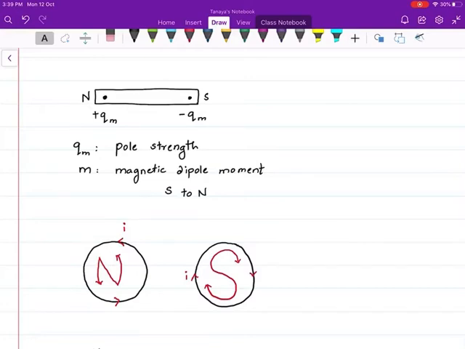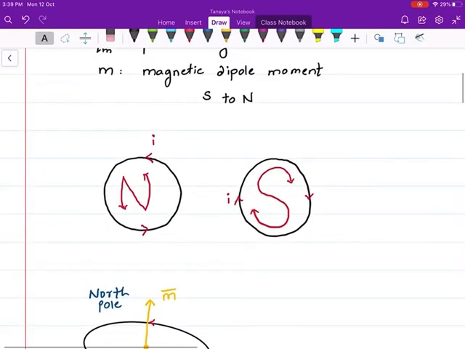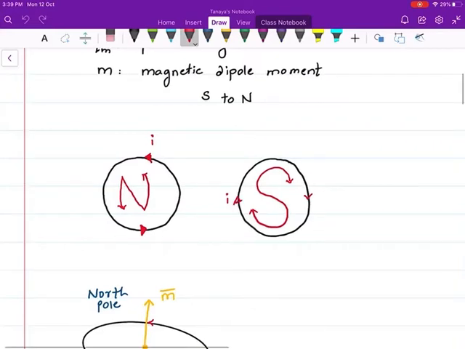Then we had seen one more important property, that if we have a current carrying loop, like this, where the current is flowing in the anti-clockwise direction, then it acts as a magnet. If you are seeing this loop from top, the north pole is formed at the top, and if you see from the down, you will see that the current is flowing in anti-clockwise direction. So a south pole is formed at the down part.